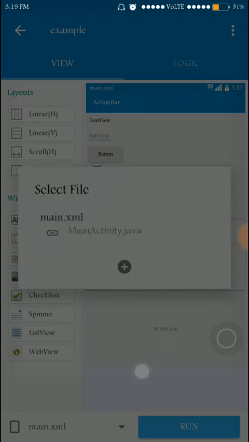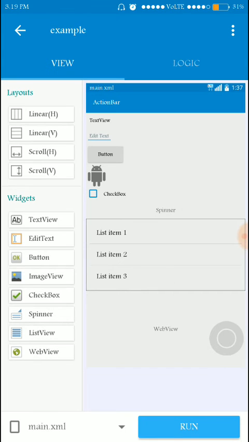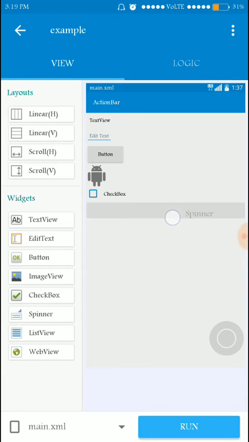Okay, now I am going to discuss layouts. So let me delete something so that I have space to demonstrate. Let us discuss this linear horizontal.